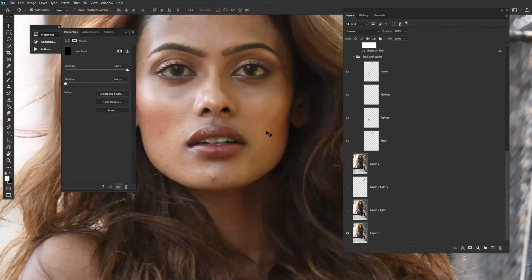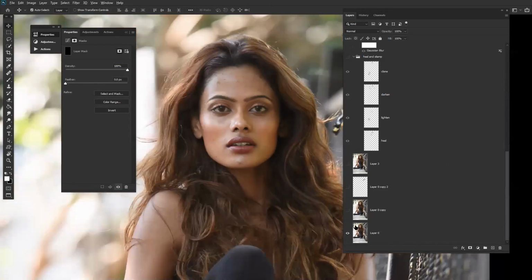This area is a flaw, but this is natural because her cheekbones are like that. It's a shadow because sunlight is coming from that side. It's not highlighted that much. Got my point? Right, and because of the hair also. So if I do a dodge or burn, it will change the characteristics of the face.